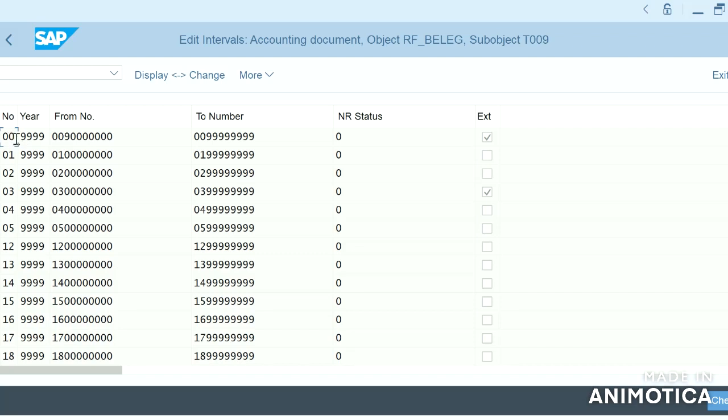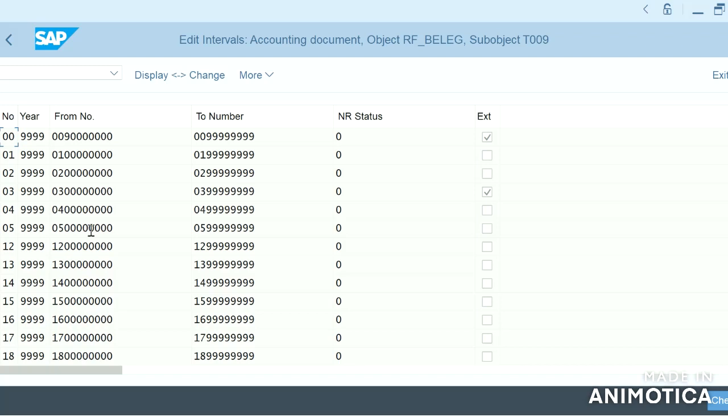If you take, for example, 01, this number range can be assigned to more than one document type. Maybe you can use it for 01, AB, DR. You can assign it to more than one document type.